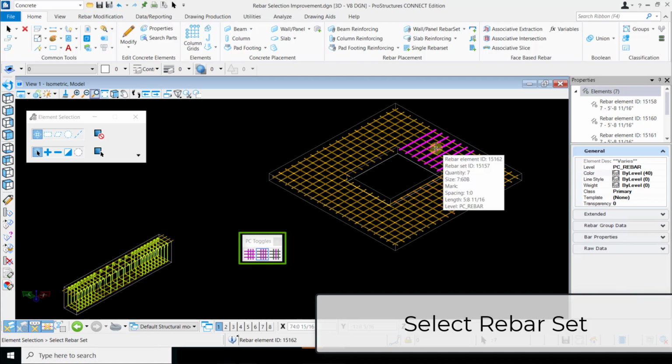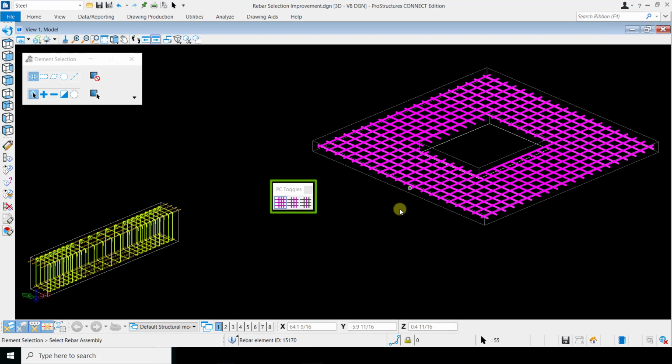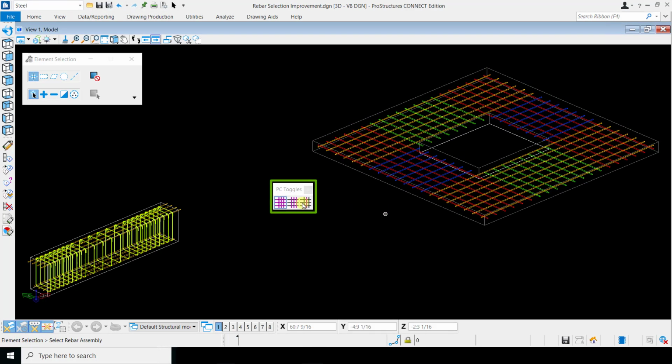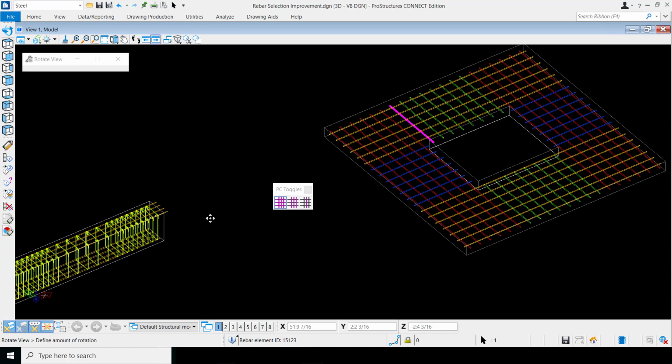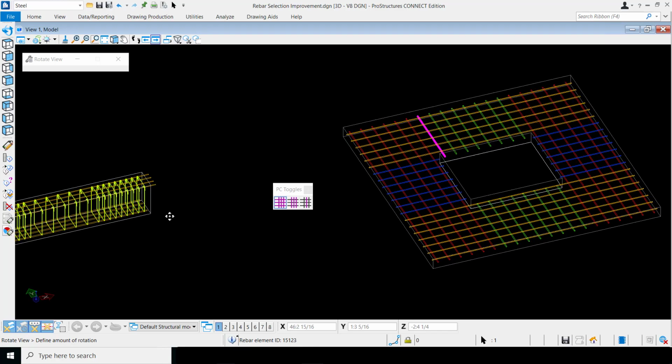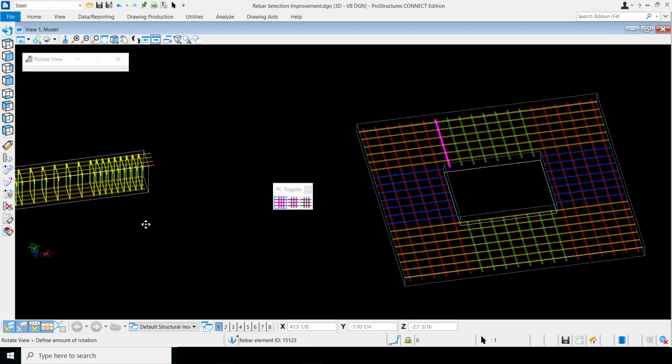While with the existing selection methods, assigning item types to rebar was not very flexible, the new Update 5, having introduced the ProConcrete toggles, offers much more versatility in this scenario. Now you can assign the item types to an entire rebar assembly or a single rebar element. So when you use any of the PC toggles for rebar selection, editing properties for a single rebar or rebar set will apply the same modification to the entire rebar assembly, just as it worked previously.